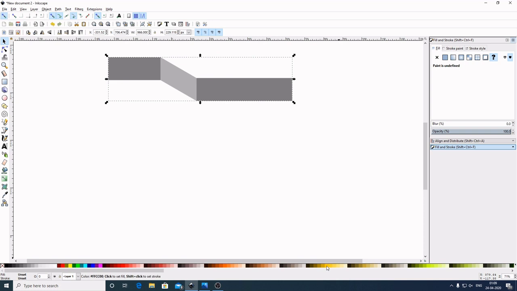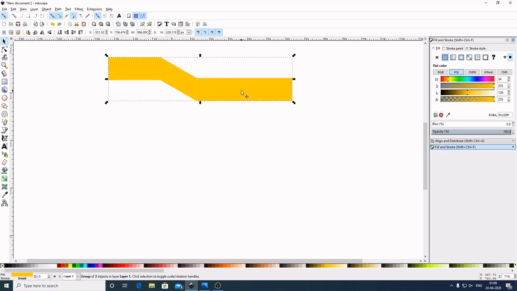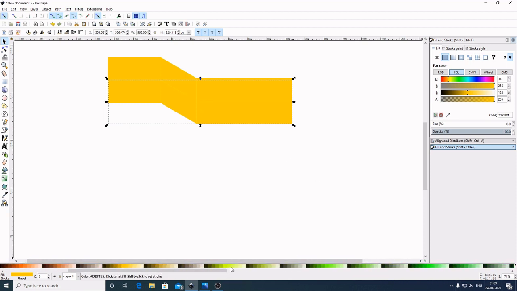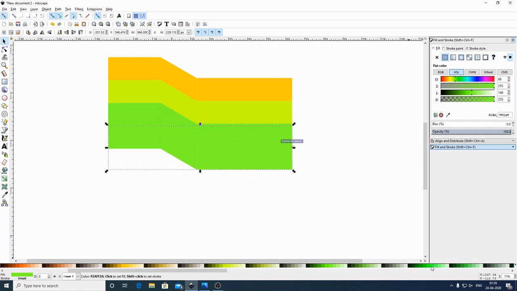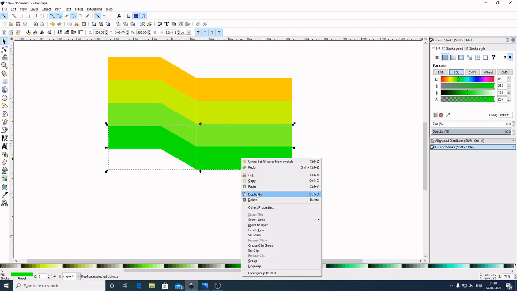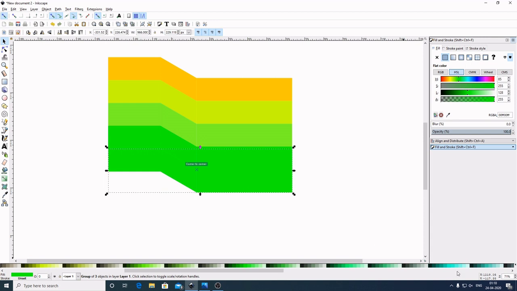Let's give this one this yellow color. I will make a duplicate of this, right click, duplicate, place this down. When we bring this down, it will automatically get snapped to the corner. Now come here to the color palette, change the color. Now again make a duplicate of this, right click, duplicate. We can also use Ctrl D to duplicate, which is the keyboard shortcut, as I have said earlier. Change the color. Now again right click, duplicate, place this down, change the color.